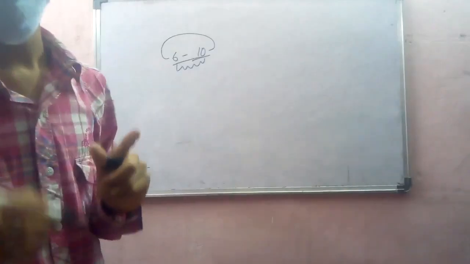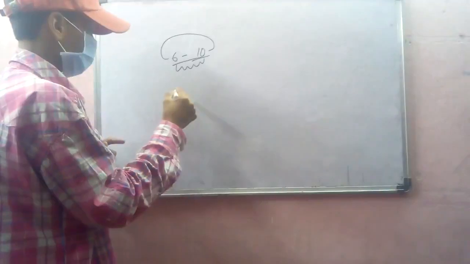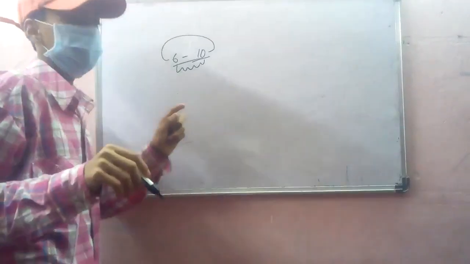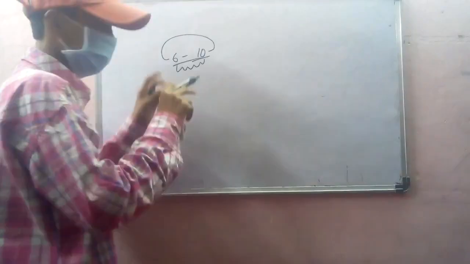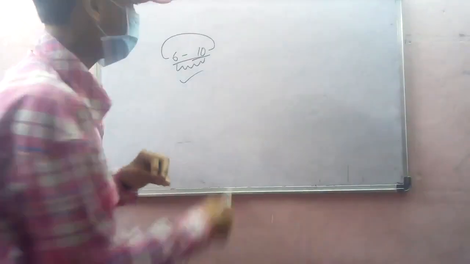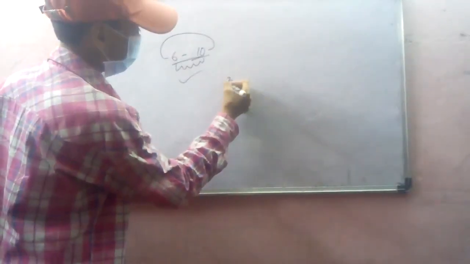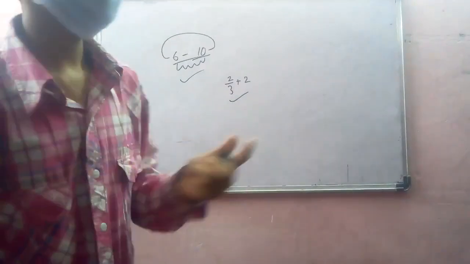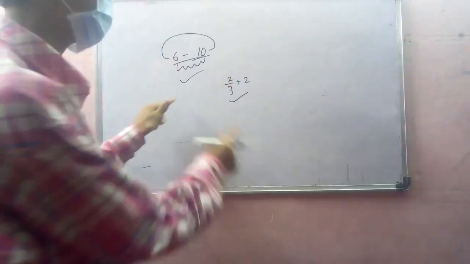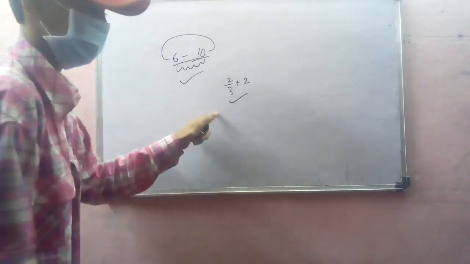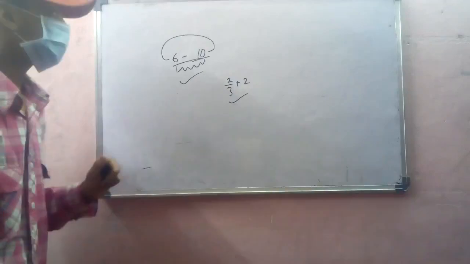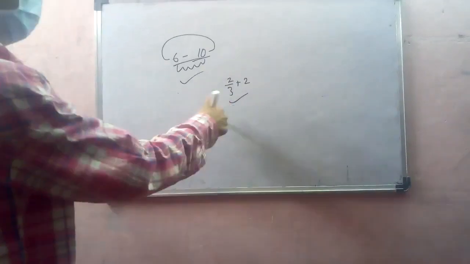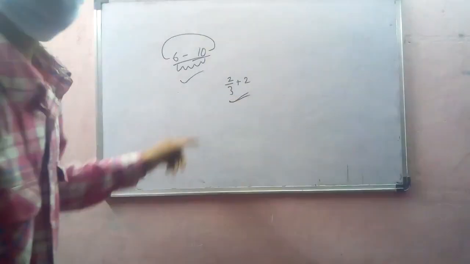Questions will come. Okay, I think you have fractions. Okay, fractions, profit and loss, discount, all these chapters will come in this, and normally this type of question will come, 2 by 3 plus 2, this type of question. I will tell you the trick, plus I will tell you how to solve these questions. Before telling you the trick, I will tell you how to solve that question first. Okay,